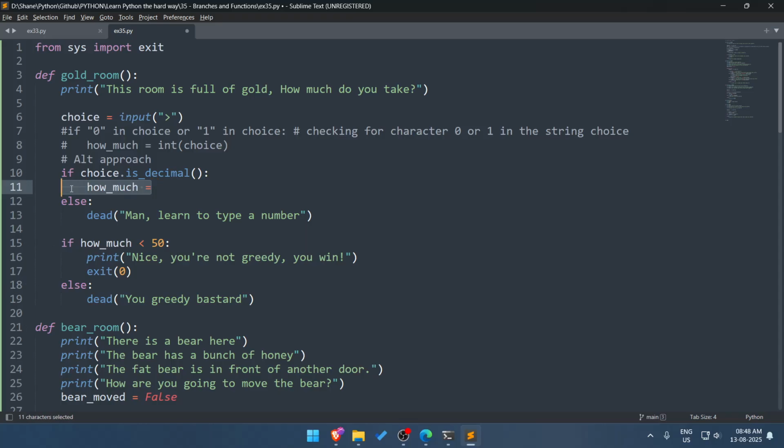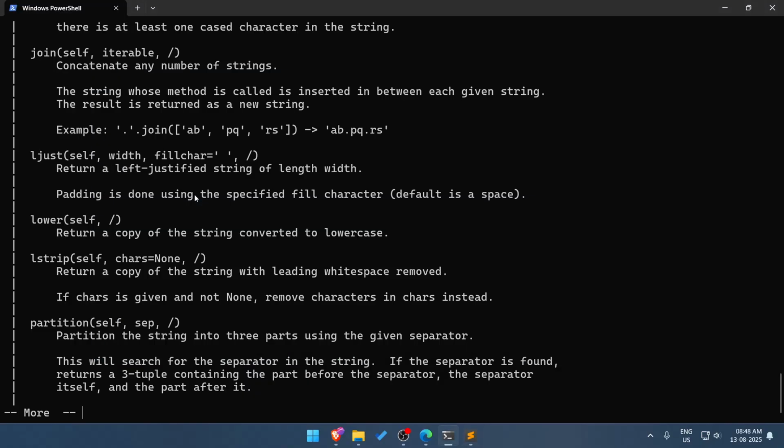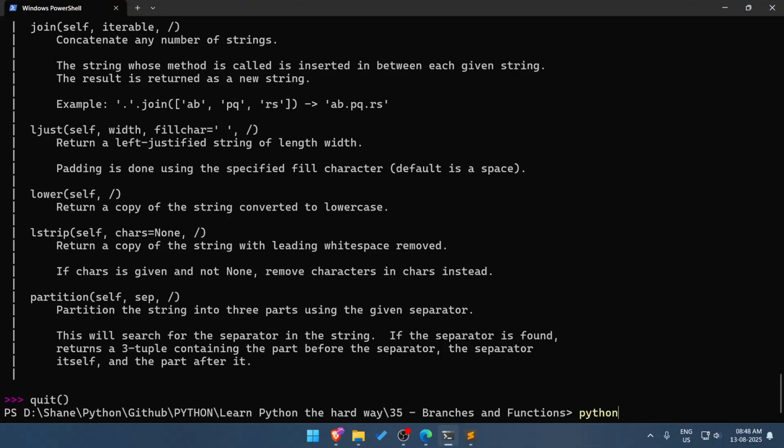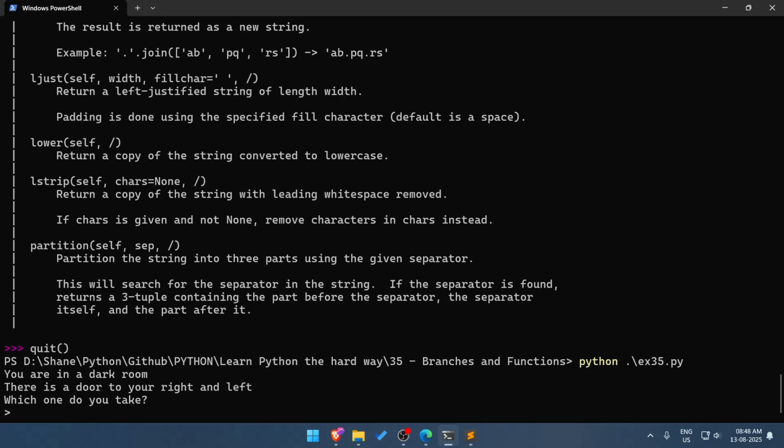Okay, so you can implicitly define functions which are available. Scopes are different here. Okay, how much equals int of choice. Then exercise 35. Which one?